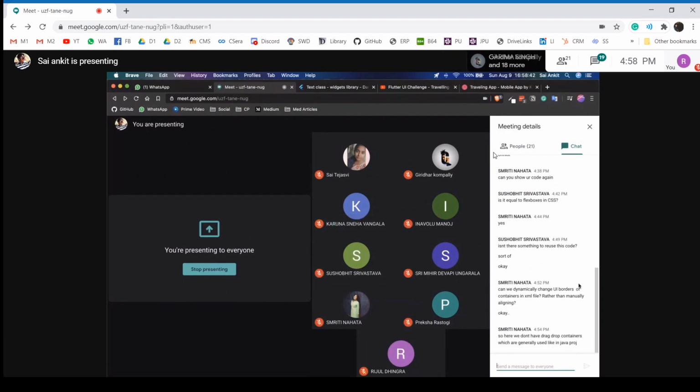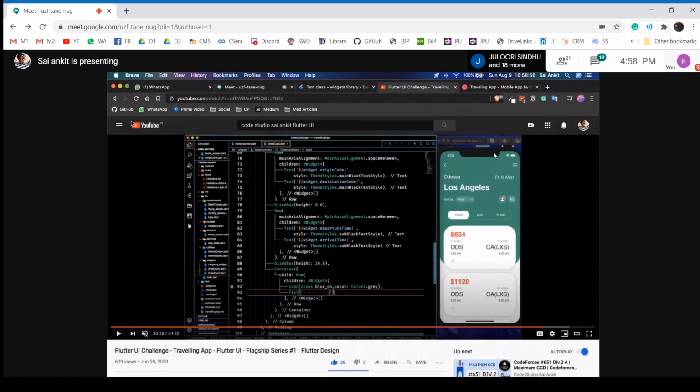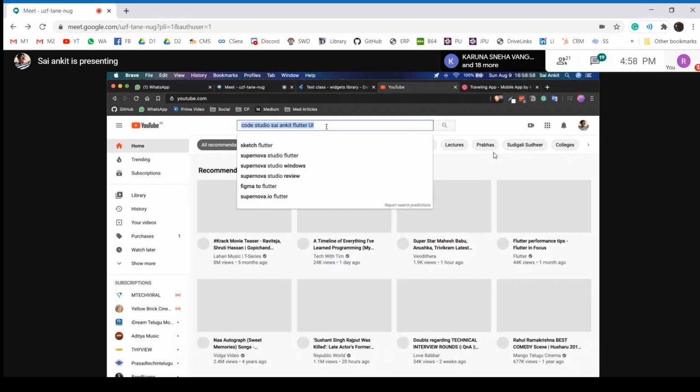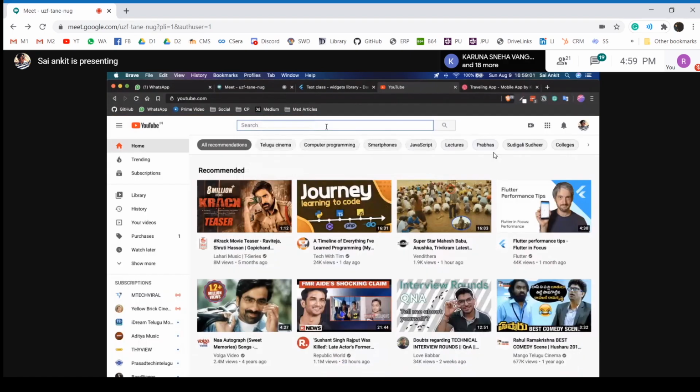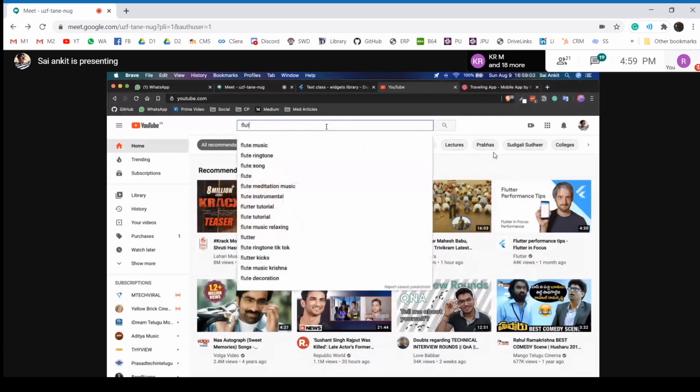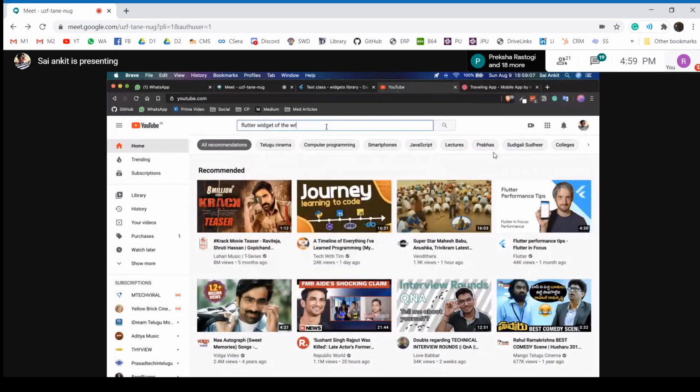Any general doubts also? How do you want to progress with Flutter? I just gave you a roadmap. You choose your designs on Dribbble. Start with learning about widgets. Go into YouTube, search. I'll just give you another useful resource. Maybe there's this thing called Flutter widget of the week.